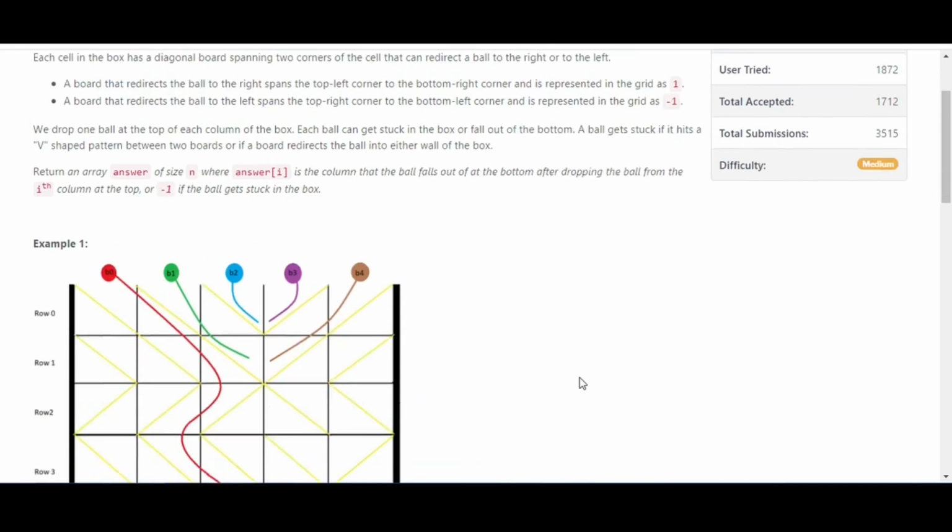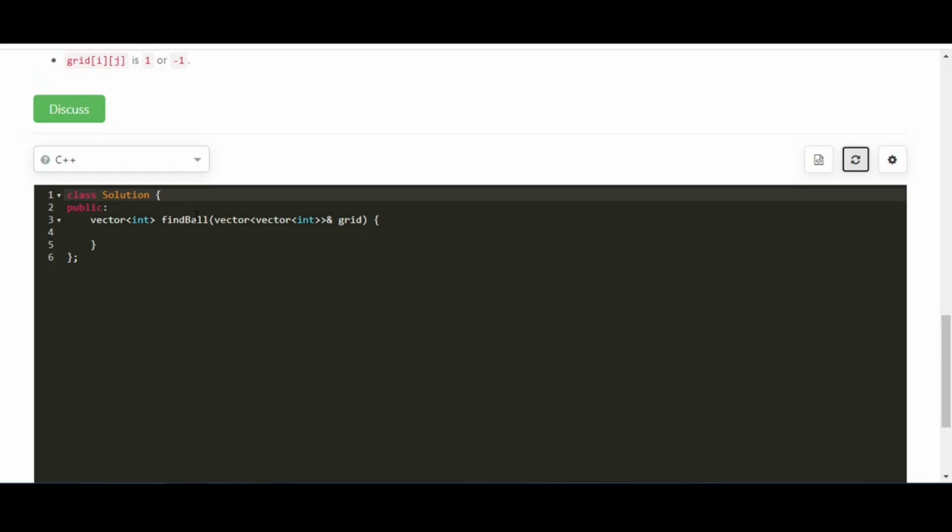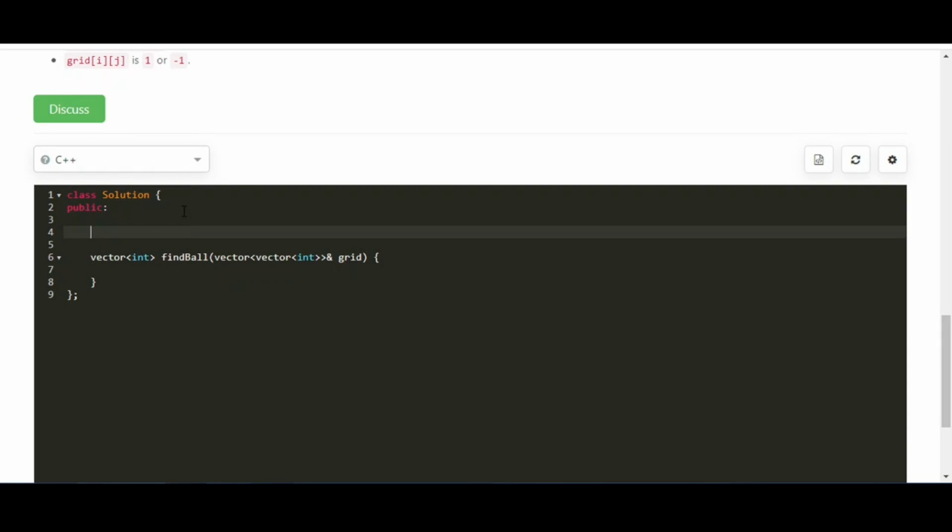So guys, we have the problem, and now let's code it. First of all, we'll make a solve function, and we'll code it here, and we'll return the answer from there.